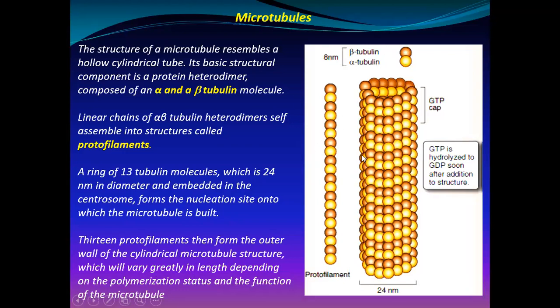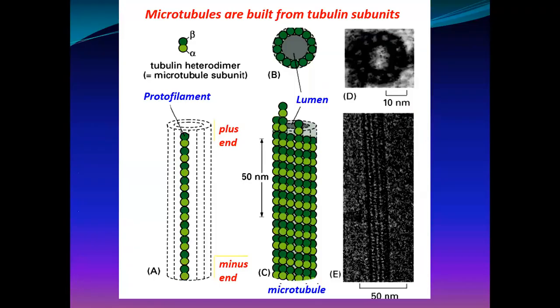So 13 such protofilaments come together, right, and a tubule-like structure will be formed, and you can see that here. Now this is the protofilament, and this is the heterodimer. 1, 2, 3, 4, 5, 6, 7, and 13 here. There's a lumen here. One is the plus end, the other is the minus end. So it will grow in the direction of the plus end. Understand? So this is the microtubule,